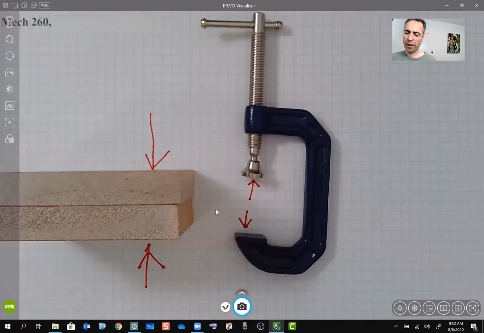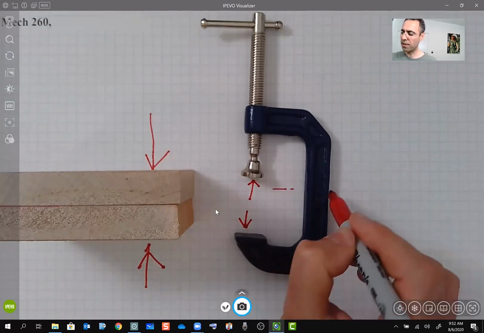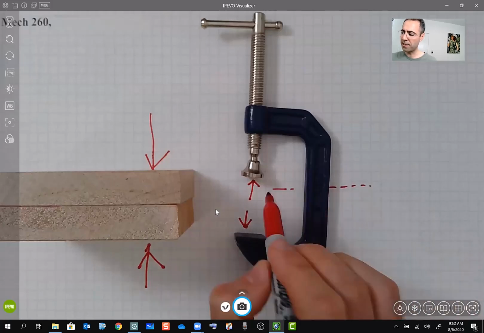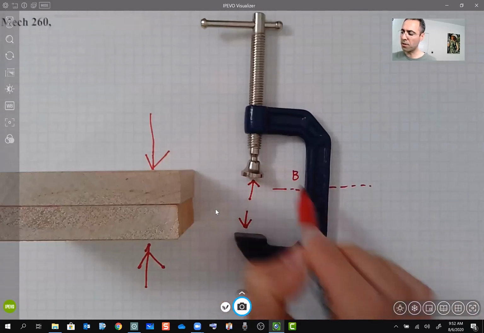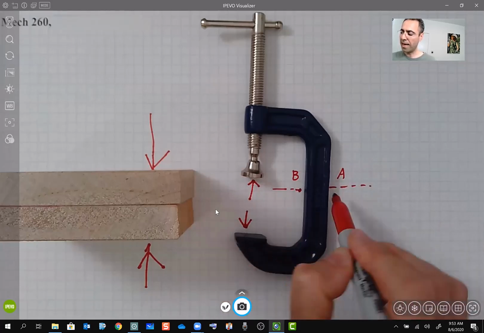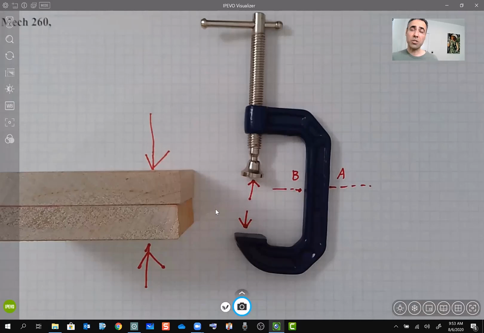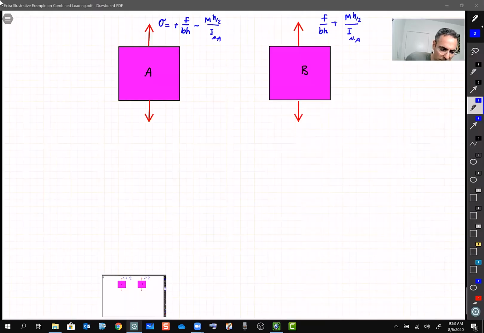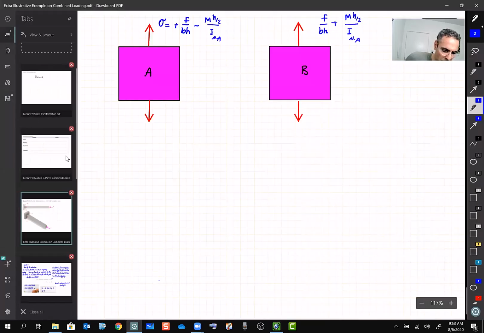So it is sort of the same problem that we saw now. If this thing is going to break, it's going to break at point B or at point A. We know it's going to break at point B, right? And we know how to calculate the stress for point B and point A. So let's move back to our calculation, which was in fact,